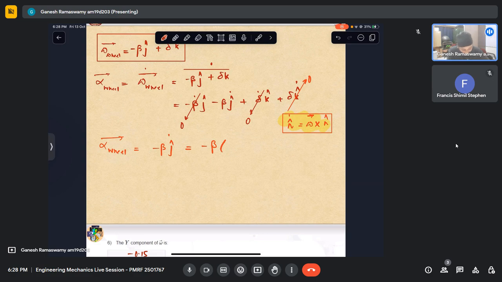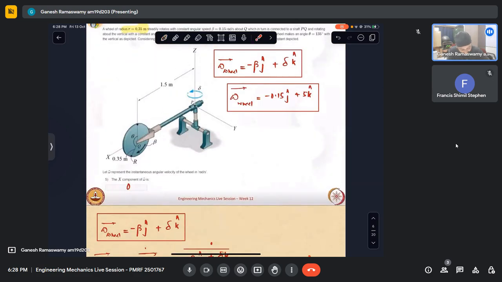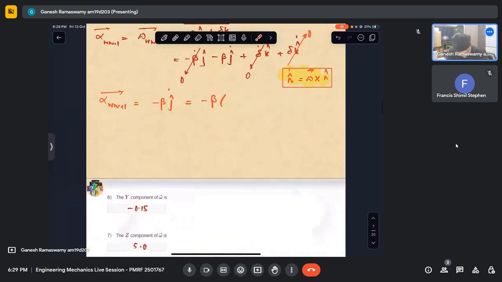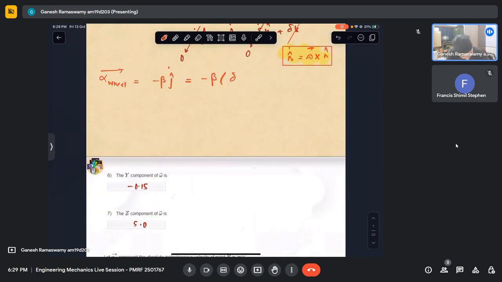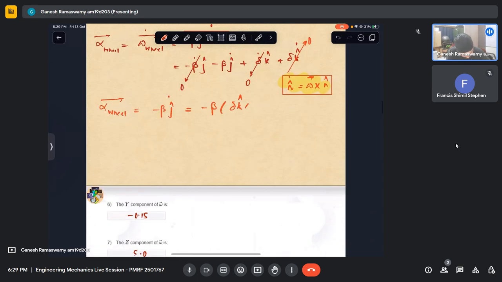So what is omega? Omega, due to which j cap is changing, it is delta. Because by virtue of delta, first of all the disk is over here and our axis is like this. After some time the disk will be over here, the axis will be like that. After some other time, j will be like this. So it is constantly changing. So this will be delta. What is delta? Delta is k cap, delta vector